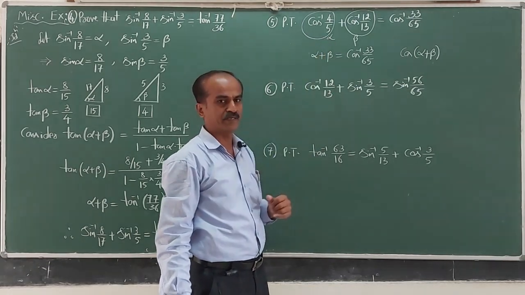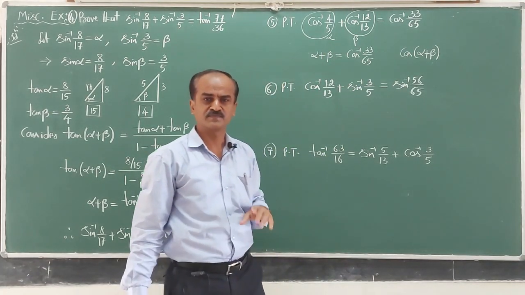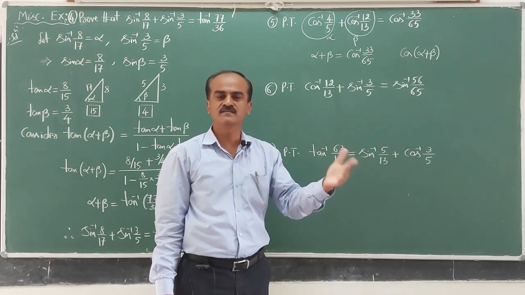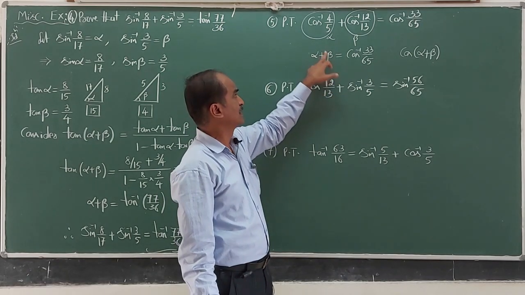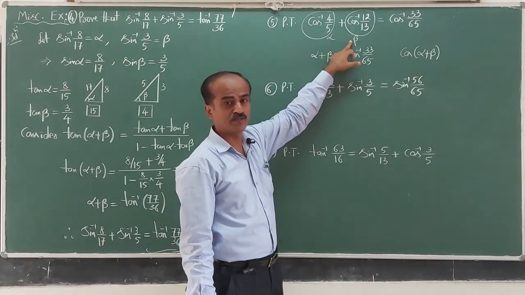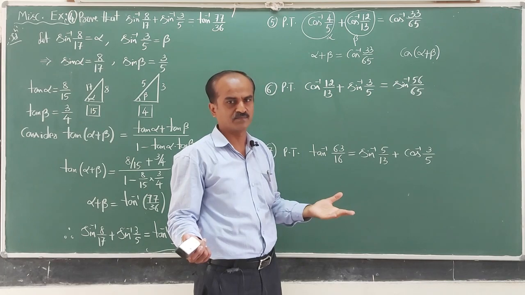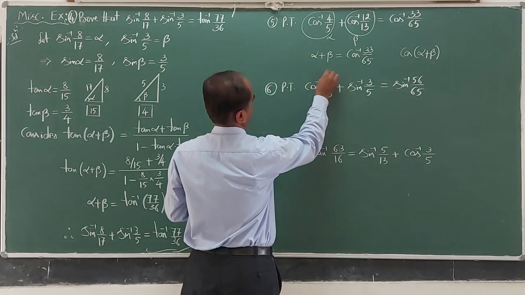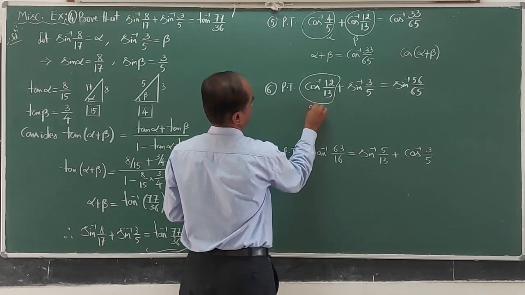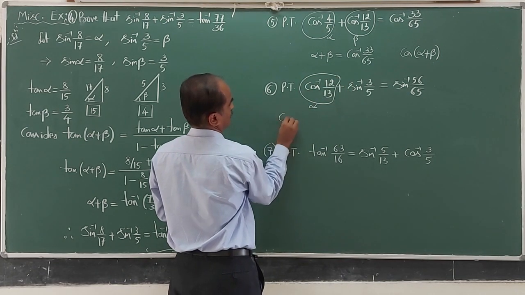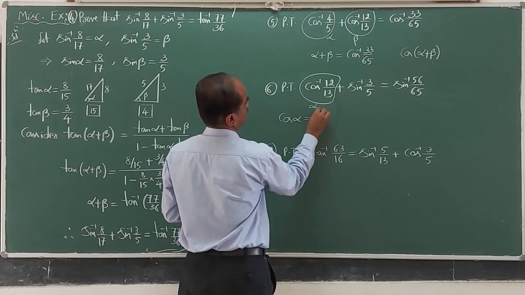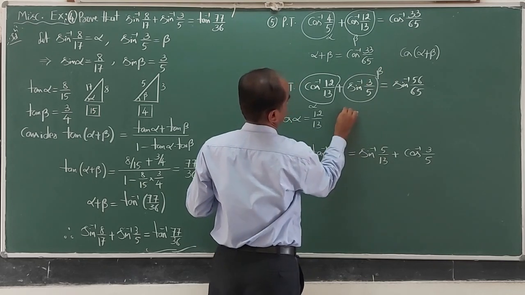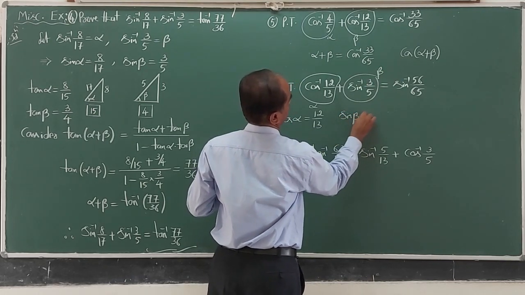Resubstitute alpha and beta. How to get cos of alpha plus beta? Expand it. Cos alpha cos beta minus sin alpha sin beta. You have only cos alpha value, cos beta value. How to get sin alpha sin beta? Using triangle method. I hope you can complete. Similarly here, the first inverse trigonometric function alpha. By this we get cos alpha as 12 by 13 and this as beta. By this we get sin beta equal to 3 by 5.